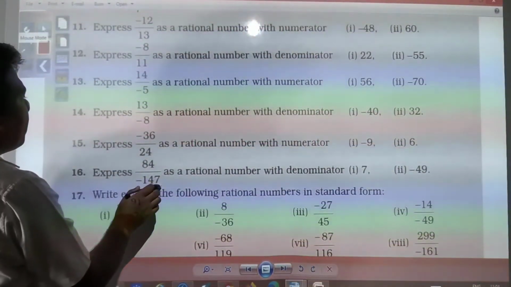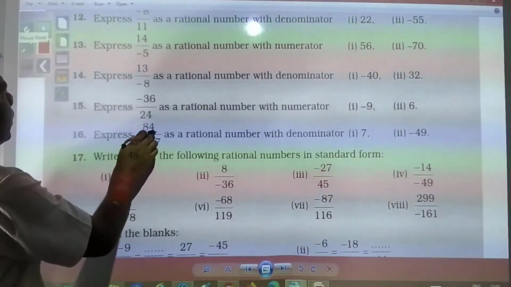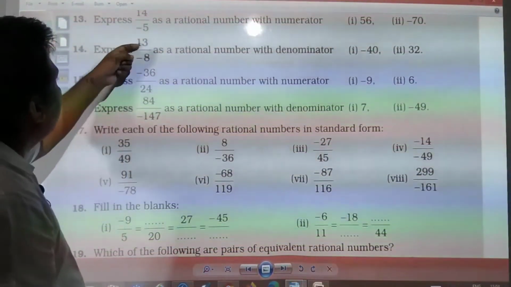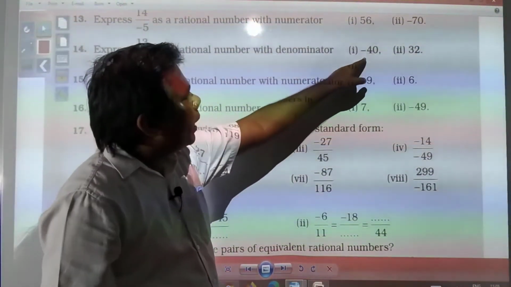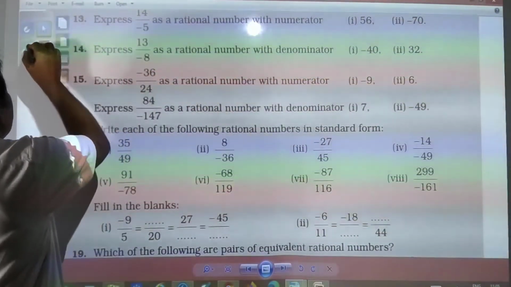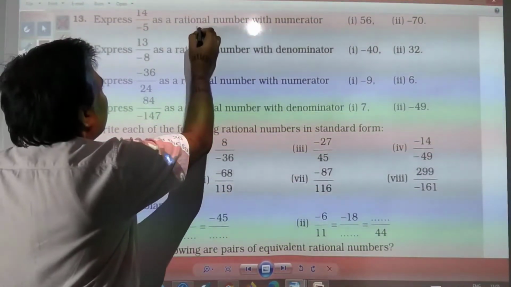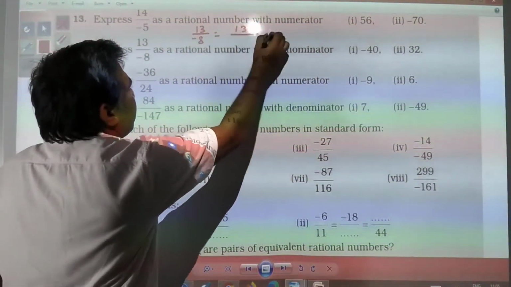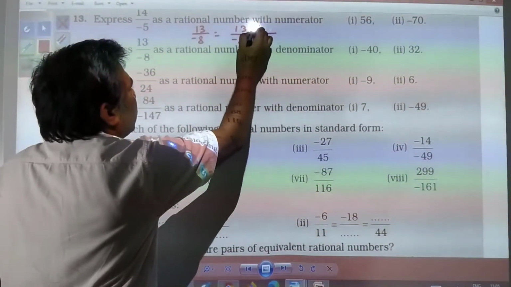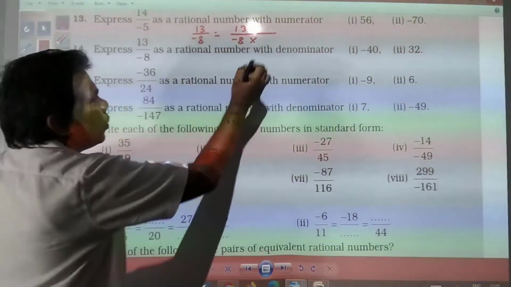Next you see, 13 by minus 8 as a rational number with denominator minus 40. So again similar questions are there. 13 by minus 8, it will be equal to 13 by minus 8 into what number will be required so that we will get